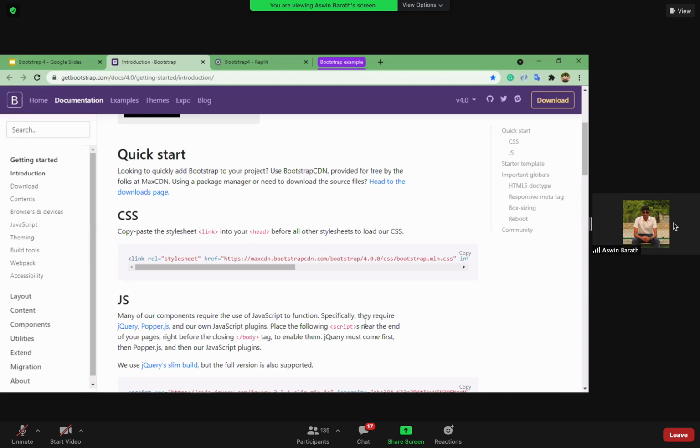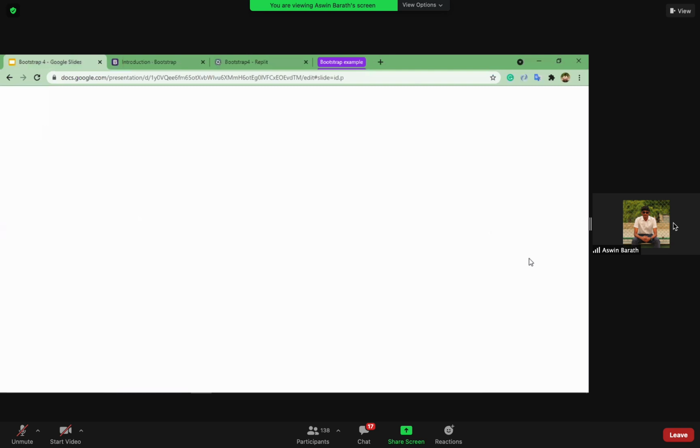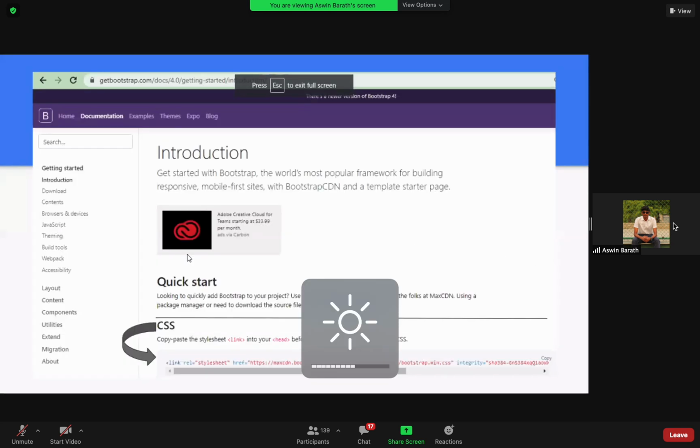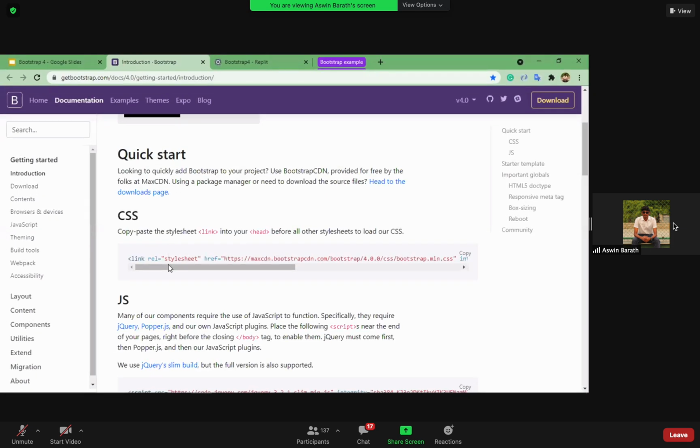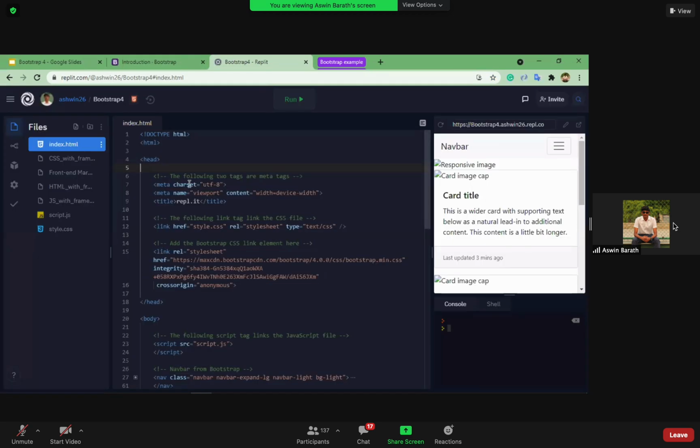As you can see over here, we just visited this part, so we should copy this code and add it to our website. As discussed yesterday, I'm using a REPL so that I can show you some practical demos.